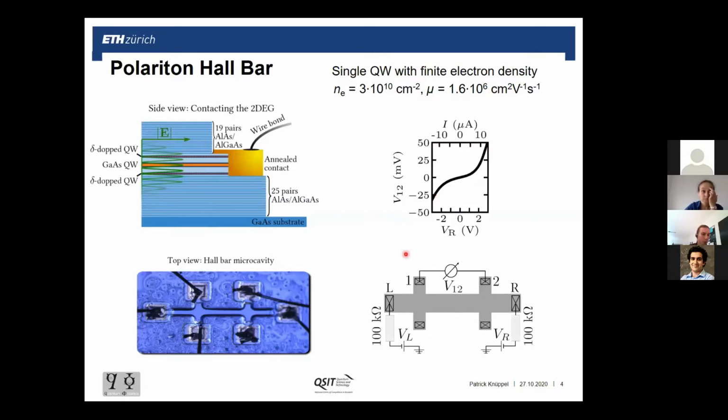And throughout the experiments, I will always use the same simple two-terminal configuration. So I will quickly show it now. We will always apply electric field from outside to either the left terminal or the right terminal, always along the long side of the Hall bar. And the other terminals are not needed.